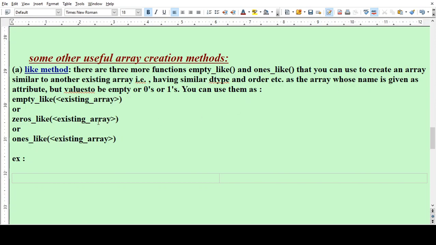You can use them as empty_like(existing array), zeros_like(existing array) or ones_like(existing array).